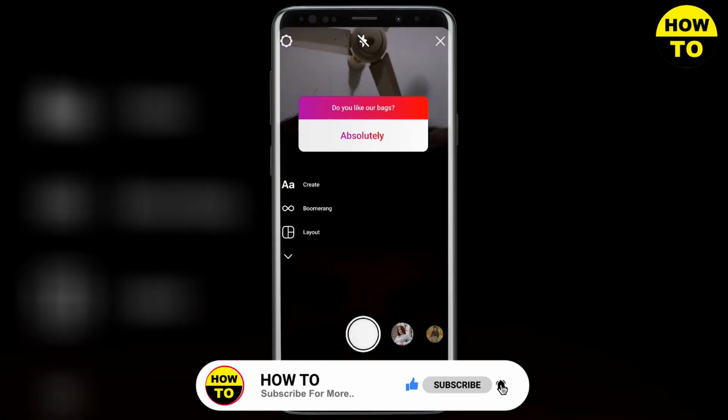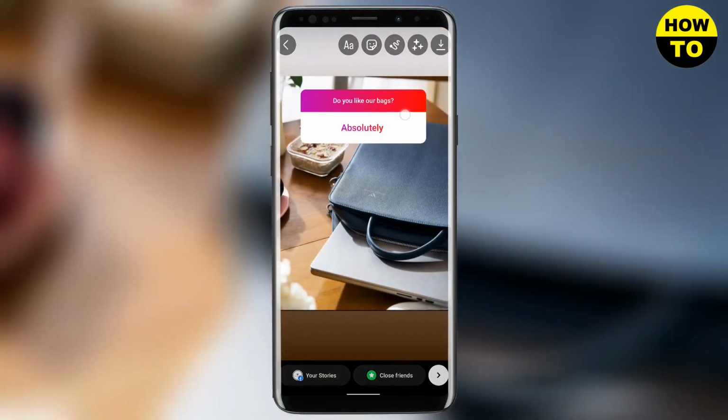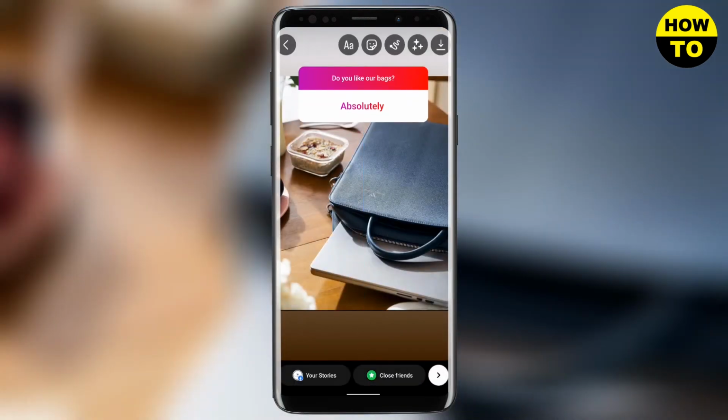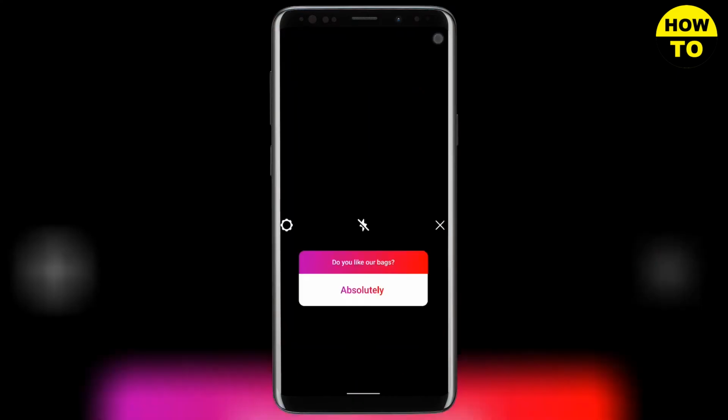And here you need to choose the background image. I will choose this one. And now you need to save it to your device by clicking on the download button on the top right, and this will save the photo. Now you need to go back